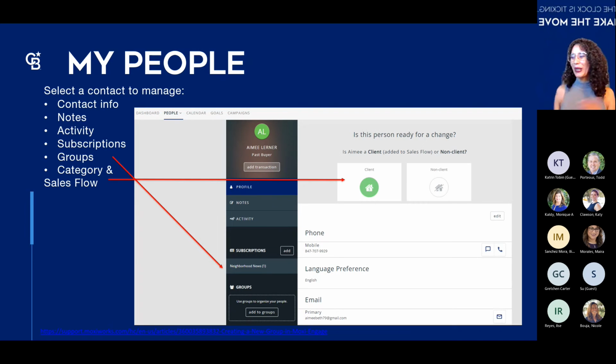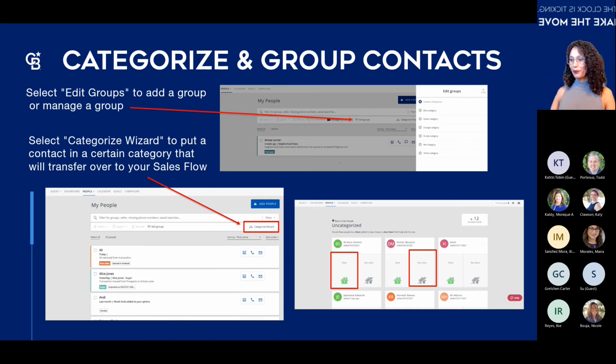So you'll be able to keep yourself on track by organizing each contact within its own flow of contacts or a flow of campaigns that you're able to set up. So it's a lot, I know, but for the category, there's a wizard in there that will help you organize a lot of your stuff. We want to make sure that you're using your groups. Your group settings will be your best friend. It'll help you siphon through your seller groups, your buyers, and really organize your campaigns, your points of contact with each